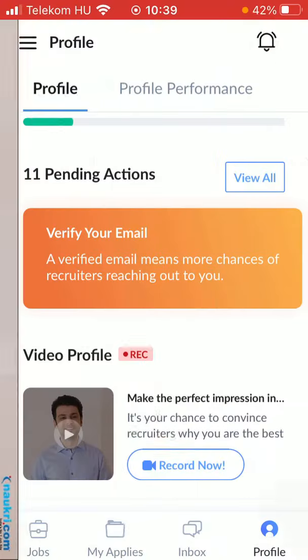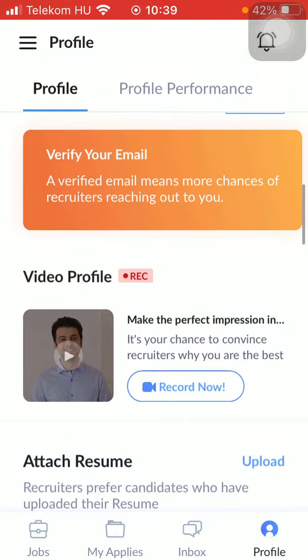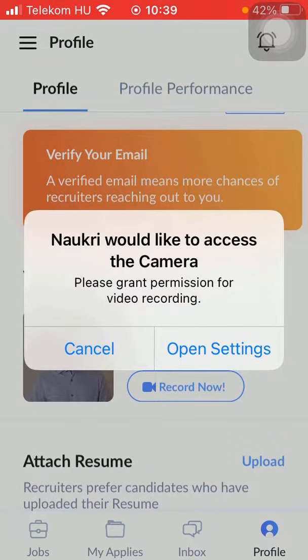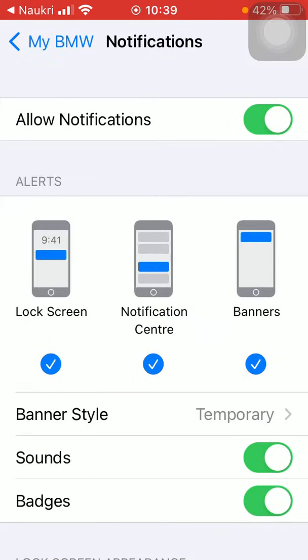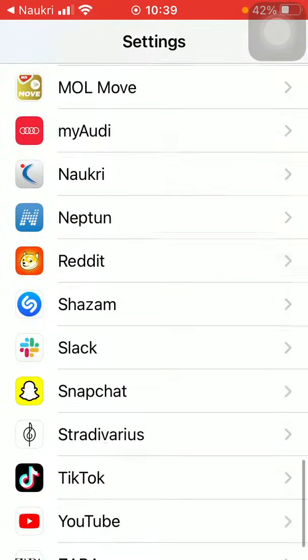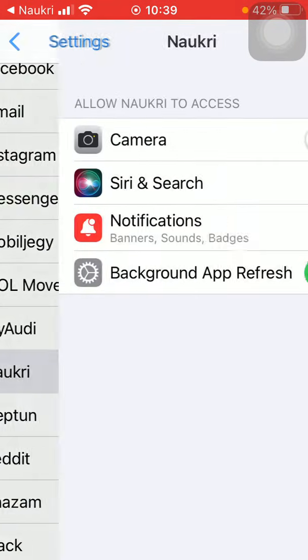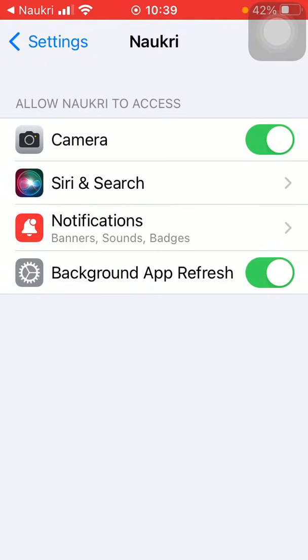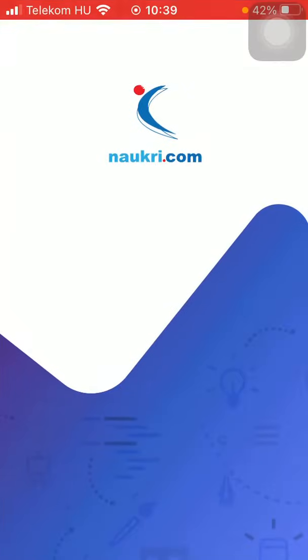So as you tap on it, you can see how it looks. And as you go back, you can tap on this record now button. Then you should tap on open settings in order to allow the application to have access to your camera. So search for the app, which is Naukri. So tap on camera, and as you go back to the app,